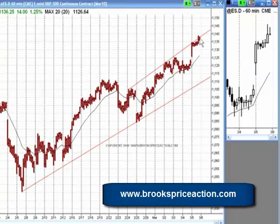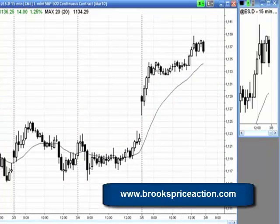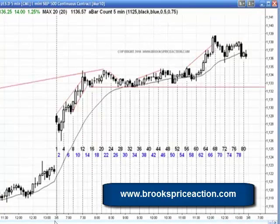60-minute, we're at the top of the channel. Hit the channel line several times. Normally that either results in a breakout above the trend channel line or a breakout to the downside. It usually doesn't keep walking up the trend channel line. It usually gets away from it pretty quickly. 15-minute, again, a possible final flag, and 5-minute